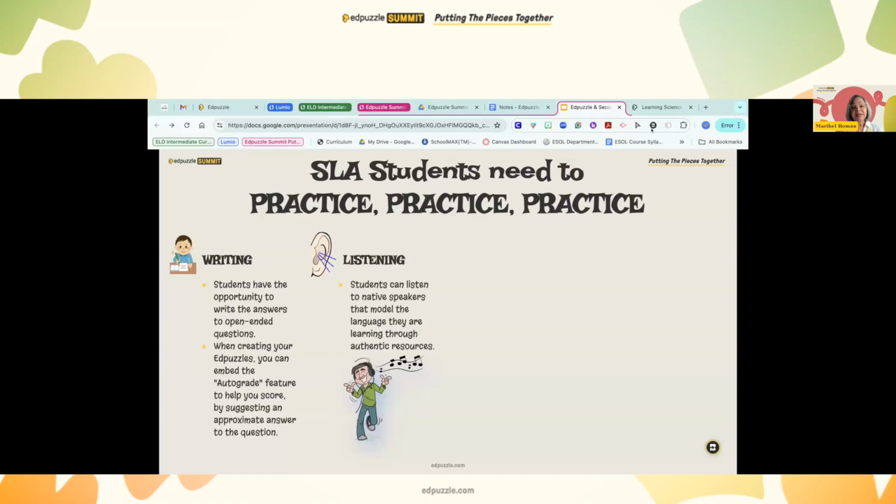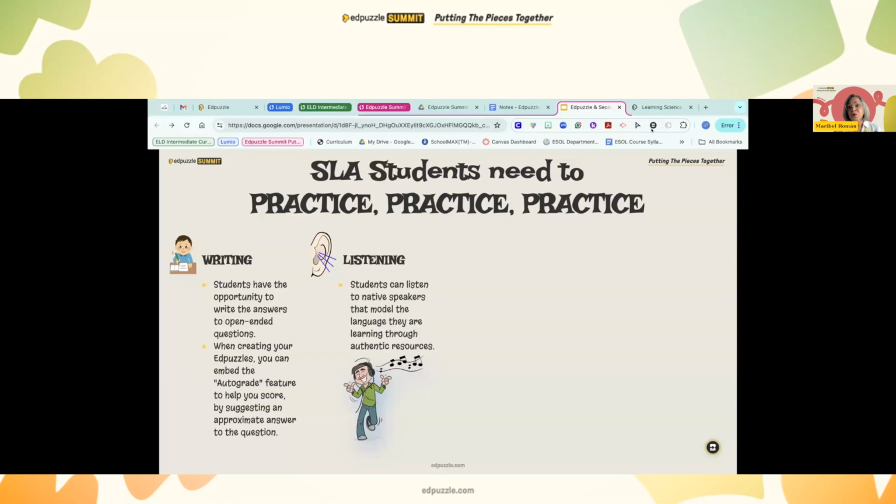When you are creating your Edpuzzles, you can embed the autograde, because the multiple choice questions autocorrect. So it's easier for us teachers. We have less work in that area. But when it's an open-ended question, you can write a suggestion, and then the computer is going to auto-grade.